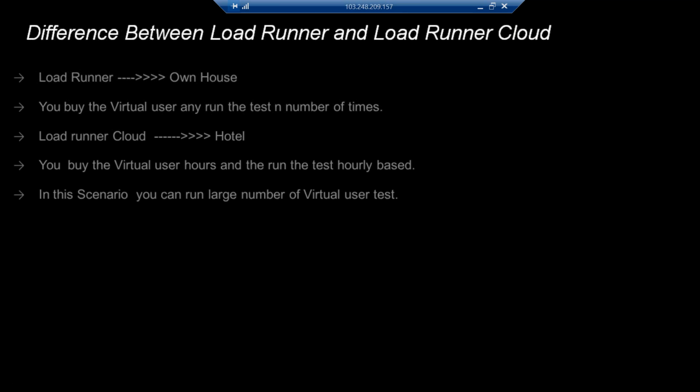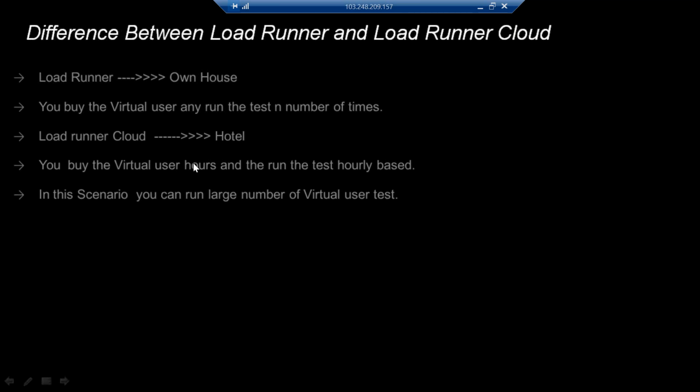But in Loadrunner Cloud, you have both options, and one option is that you buy virtual user hours, and the test can be run on an hourly basis. There are scenarios with a large number of users, around 50 lakhs or 10 lakhs, where you want to run the test but cannot buy the virtual users for a lifetime.